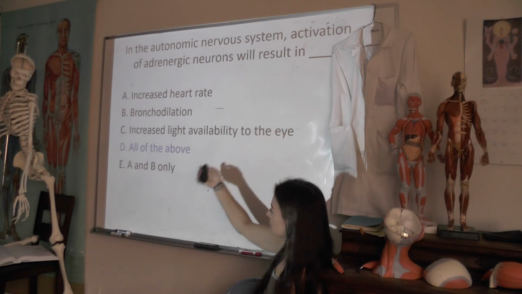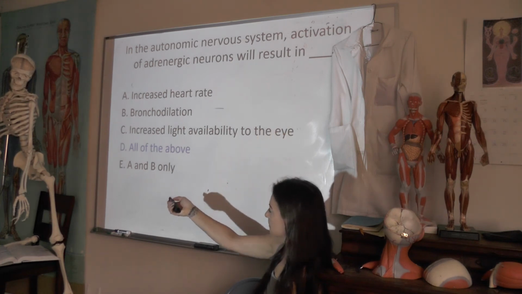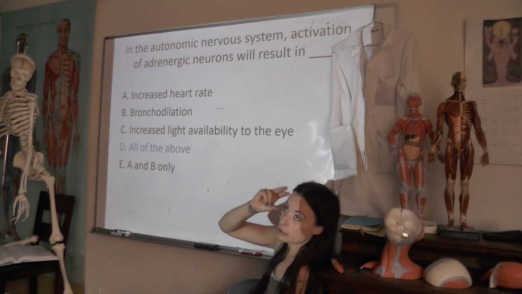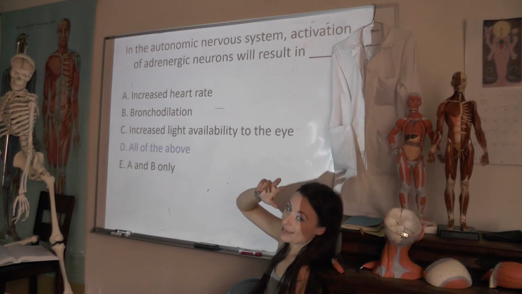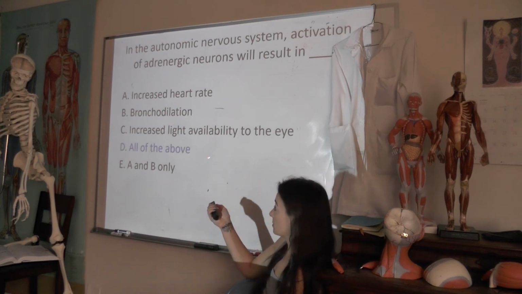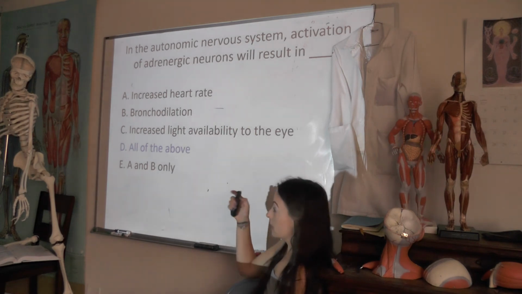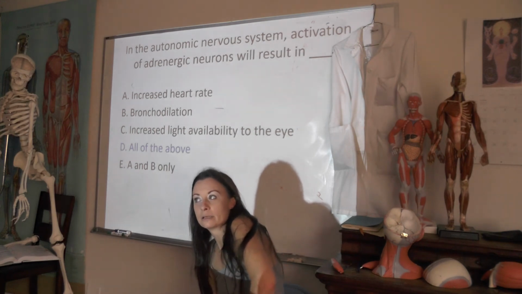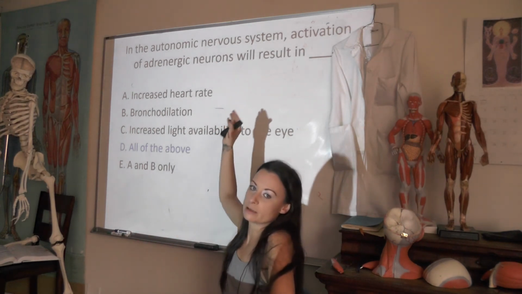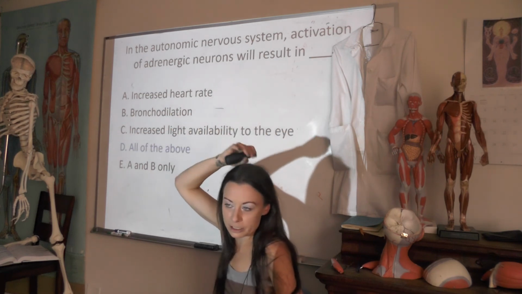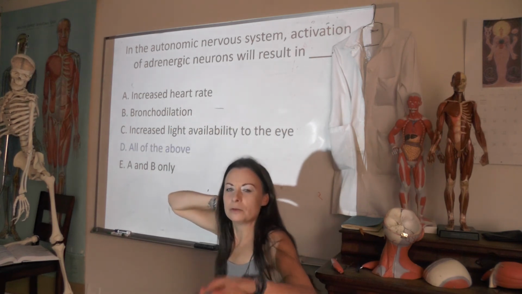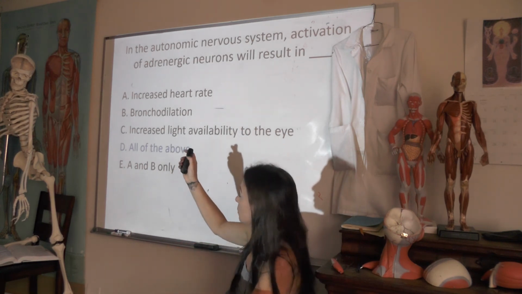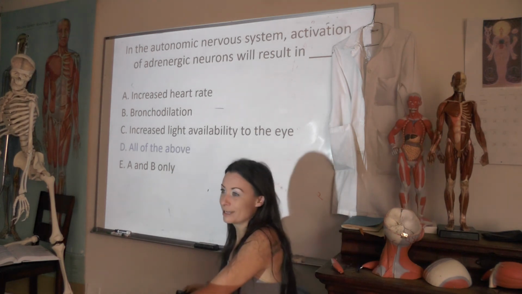This is the weird one, because the distractor answer is C, increased light availability of the eye. If you recall when we talked about special senses, we said that your sympathetic nervous system dilated your pupil so you could get as much information about what was going on as possible. That would have been the better thing, but it's not on the test. I could have gone back through and put up all the systems this semester and talked about how both branches fit in with them. I hope that you do that on your own and think about it and appreciate your glorious, magnificent body where, yes, even your nervous system is affecting things like your skin.